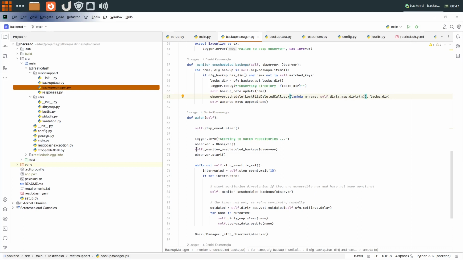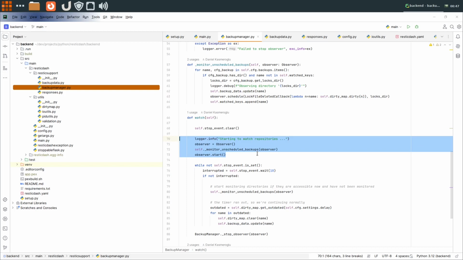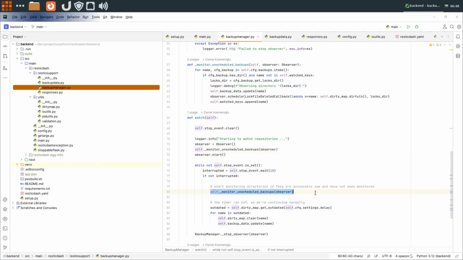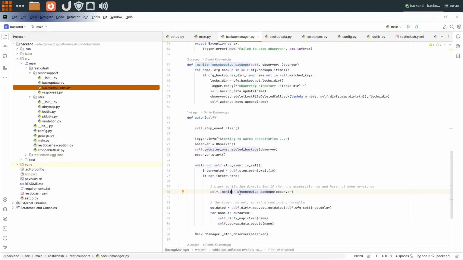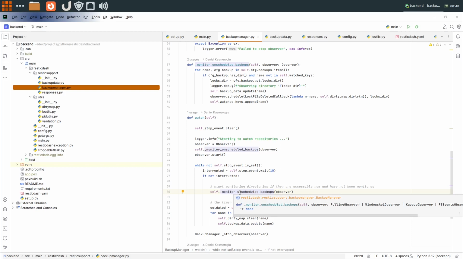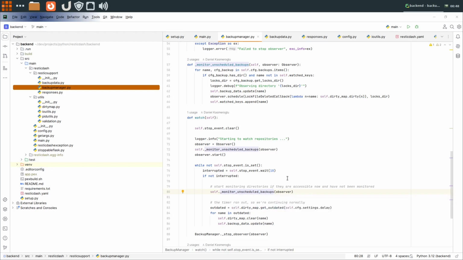So if we're watching here, we are registering listening for the changes. Here is our main thread functionality. Here we're registering potentially configurations that have not been registered yet, because as I mentioned earlier, it might be the case that some folder directories are coming online after some time. So this is some helpful functionality, so you aren't forced to have all those repositories available when the service